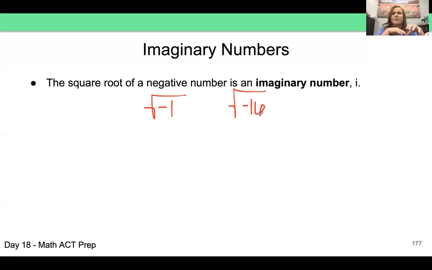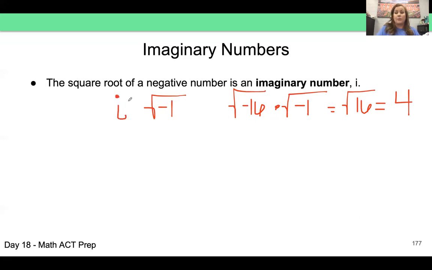But because people have done really, really complex problems, they have figured out that maybe along the way you might get something like this that I can solve because -16 times -1 is going to give me the square root of +16, which gives me a perfect answer of 4. So what they have done in math is they have come up with this imaginary number, and the imaginary